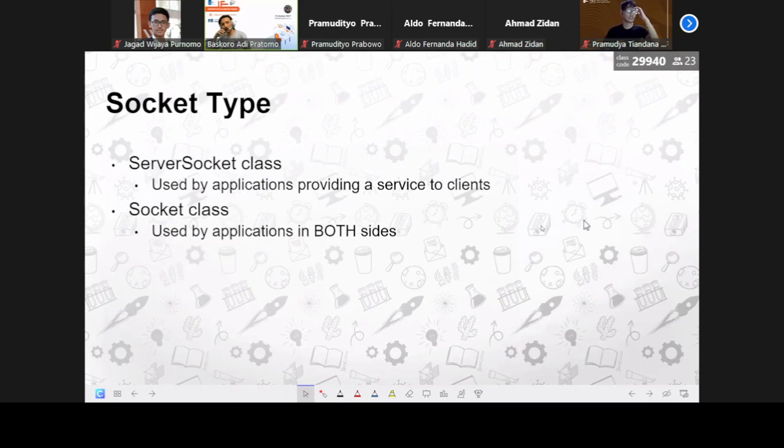Okay. Well, I've said this earlier, but this time I'm gonna be more specific in Java. So as you know, different languages may have different types or different terms for socket, but in Java, there are 2 types of sockets. The first one is the server socket class. We will use this when we want to create a server application. So basically, we want to make an application that provides a service to clients. And then